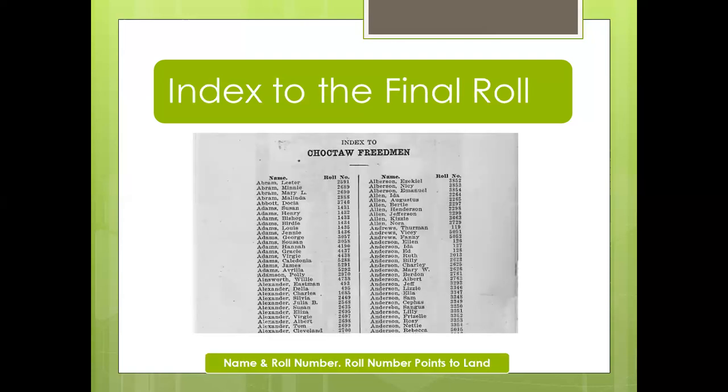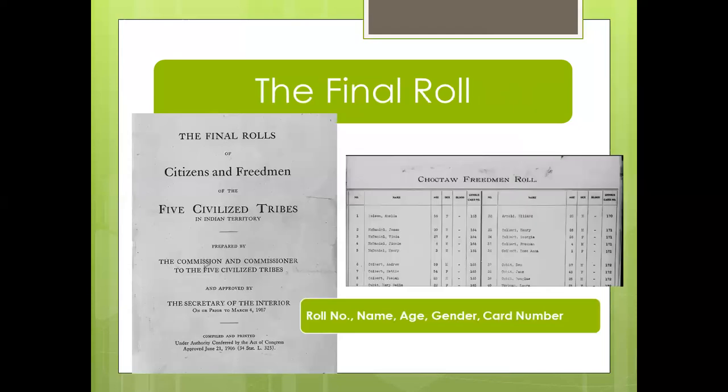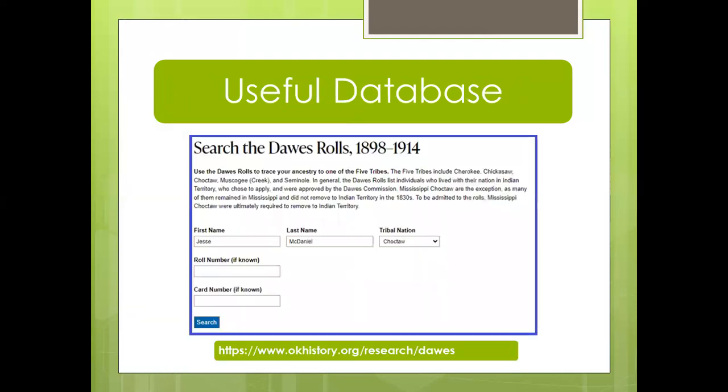And of course, keep in mind that you can easily do a lookup beyond looking for these on the National Archives website. You can also find these very, very simply, keeping in mind the value of both of them. This is a useful database you want to know. At the Oklahoma Historical Society website, a useful database that is free, no charge to use it, for also another quick lookup. In the case here, I've typed in the name Jesse McDaniel, who was Choctaw. And you see here the website,